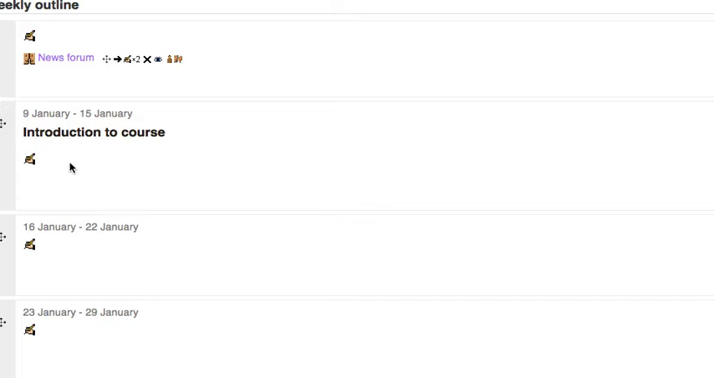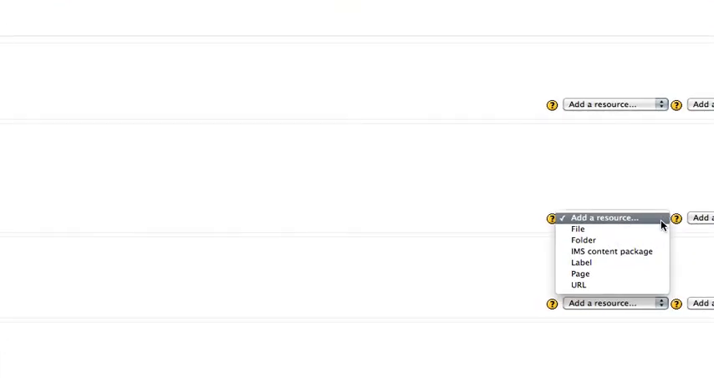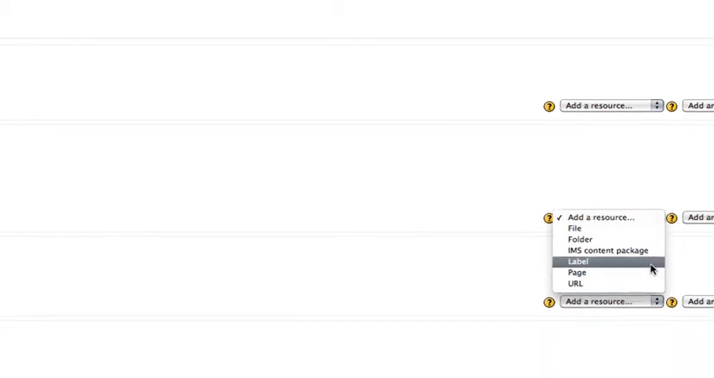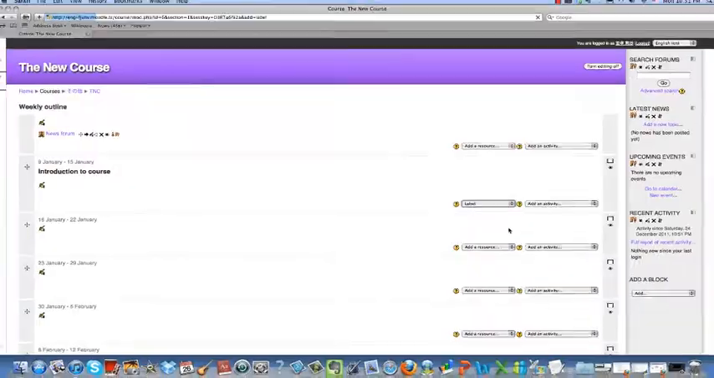Now I would like to add some resources. So here I can go to Add a Resource. Click on Add a Resource, and there are options: File, Folder, IMS Content Package, Label, Page, and URL. I'd like to write some more information, so I'm going to make a label. I click on Label,